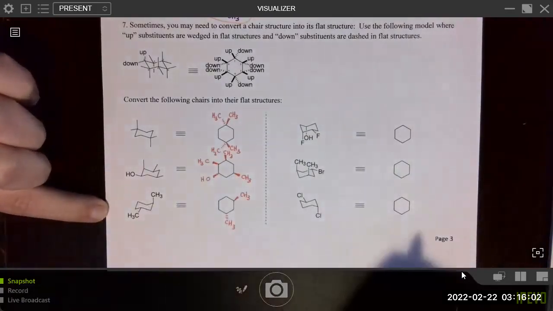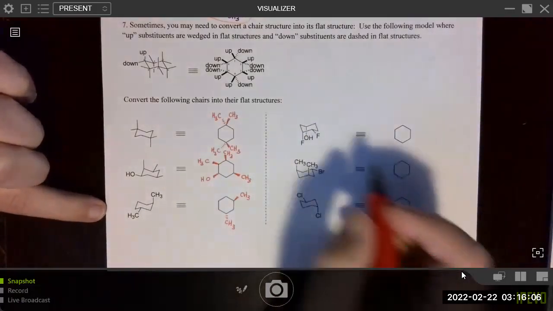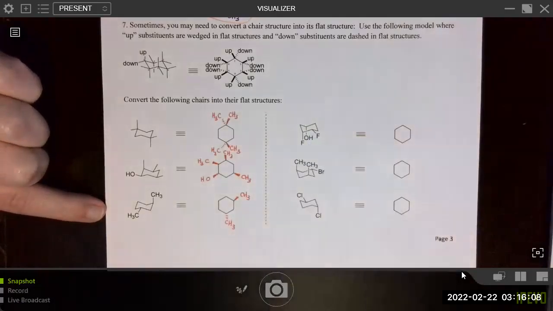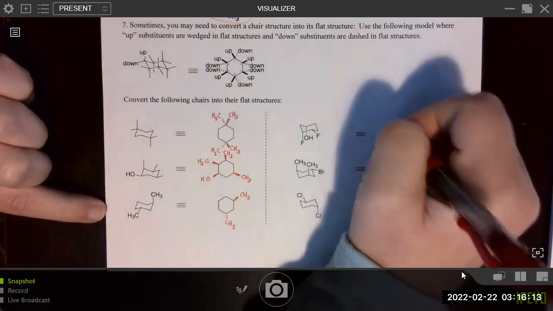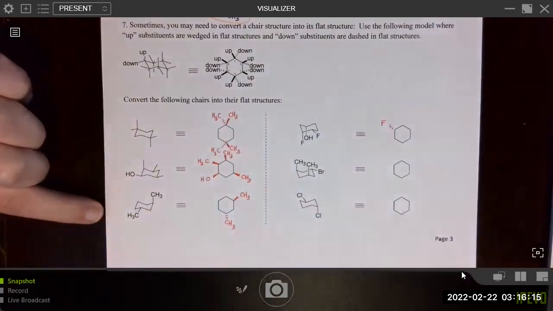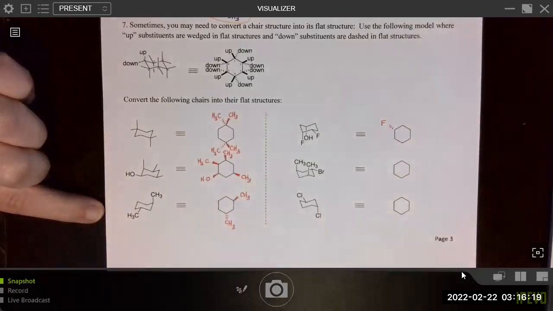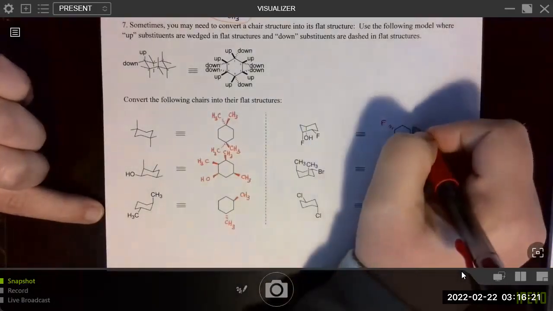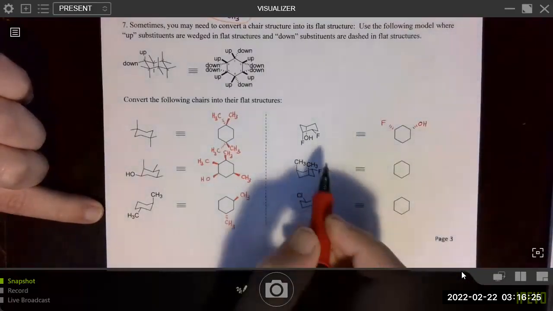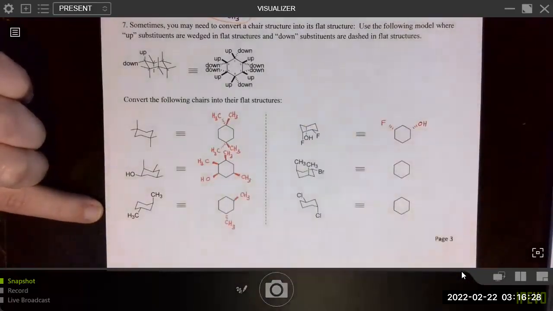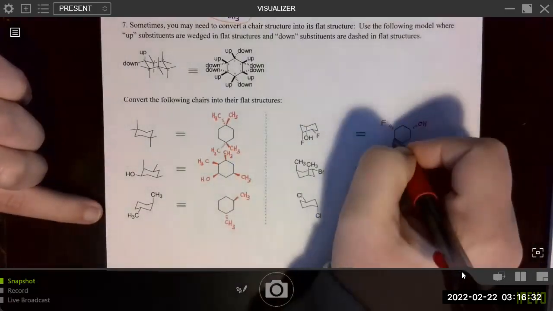Okay, moving over here. Again, I can start anywhere that I want to. Let's start with this fluorine that's down. Maybe I'll place it right here. That fluorine is down. Then I just kind of like to work in a clockwise direction. So skip one carbon, and I have a hydroxyl group that's also down. Right, and then I skip 2 carbons, and I come to a fluorine that is also down.